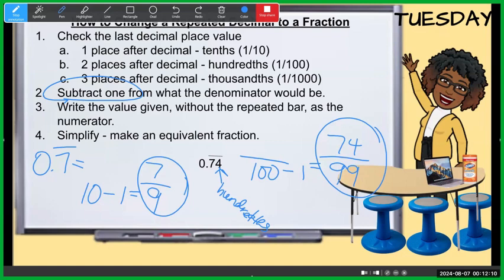So Ms. Kitchens, how do we do it if they don't continue? If they don't meet, then you write them like you know in the rules from 5th grade, whatever their denominator